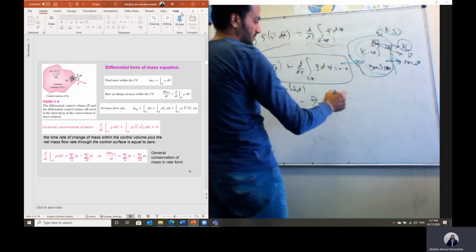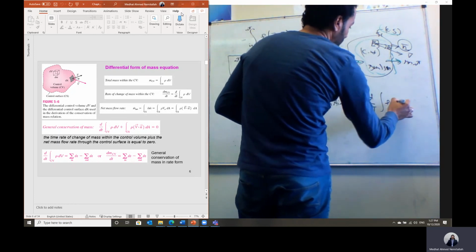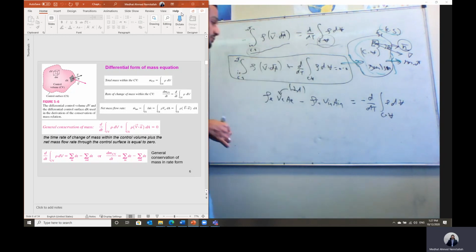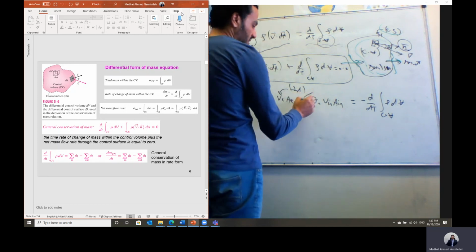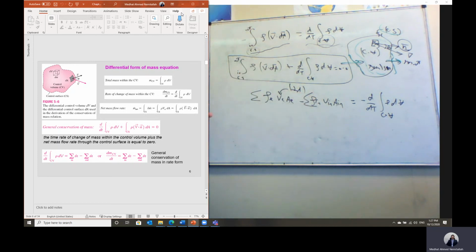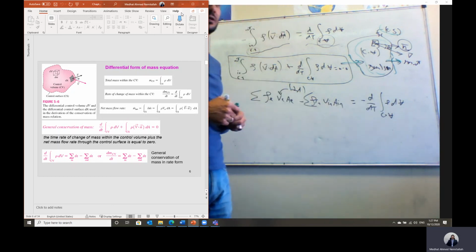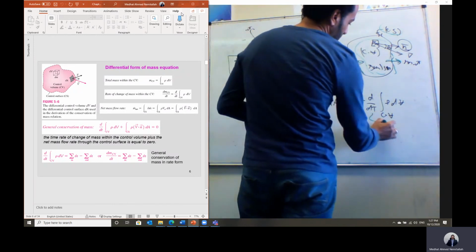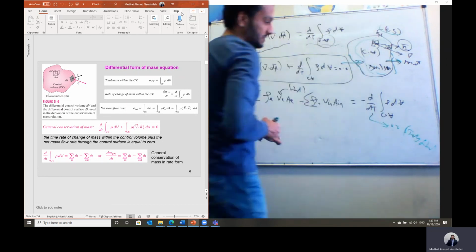And we can take this term to the other side, it will equal to minus d by dt integration of rho dv. This integration is over the control volume. Okay. But if we have more than one inlet or more than one outlet, then in this case we have to add the summation. The summation of all mass flow rate leaving the system minus the summation of all mass flow rate coming into the system is equal to minus d by dt integration of rho dv. We see this term d by dt will equal to 0 in case when we have a steady flow.